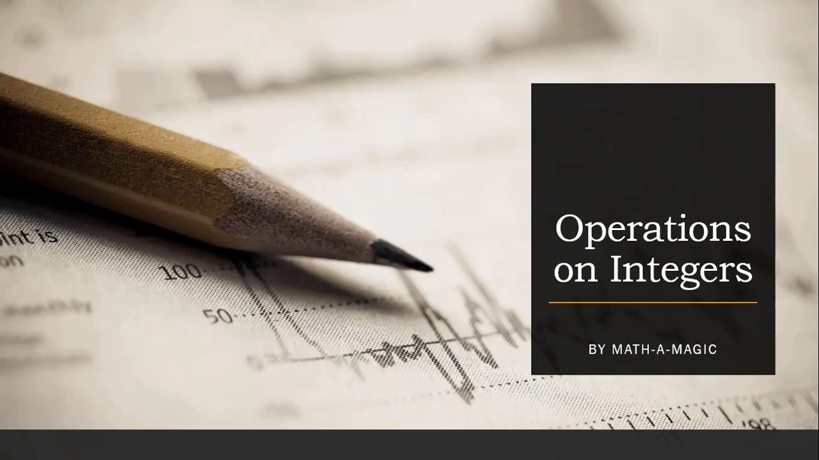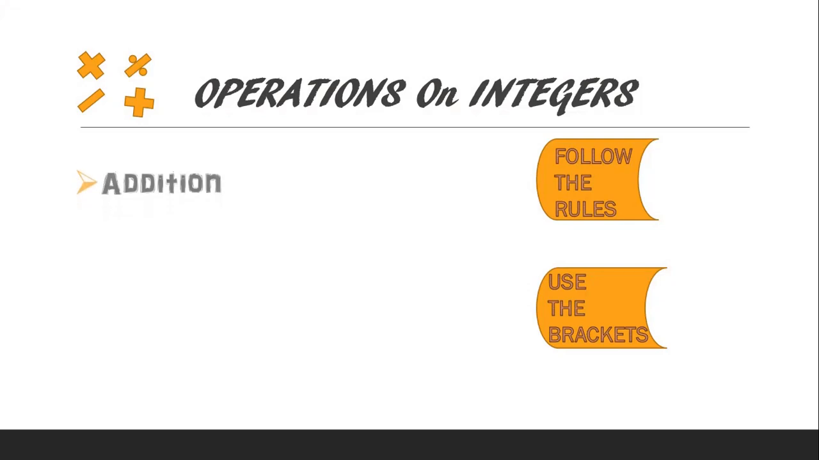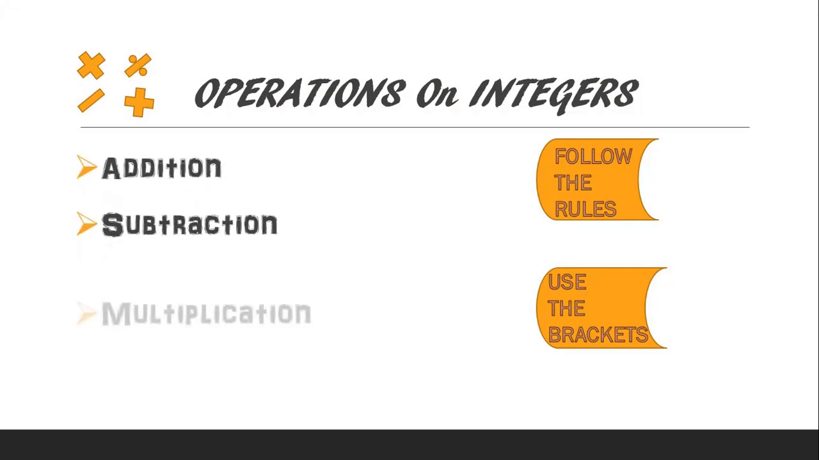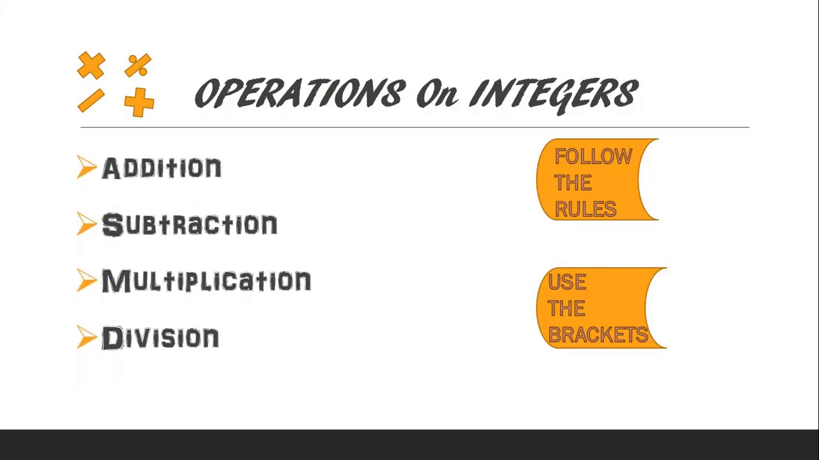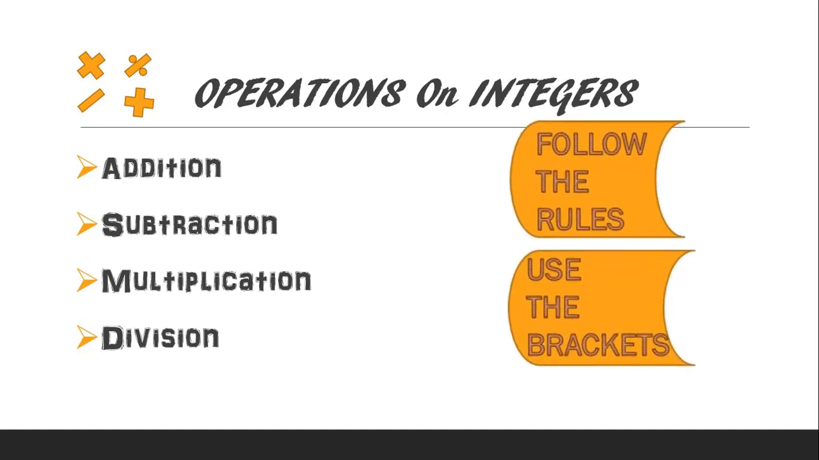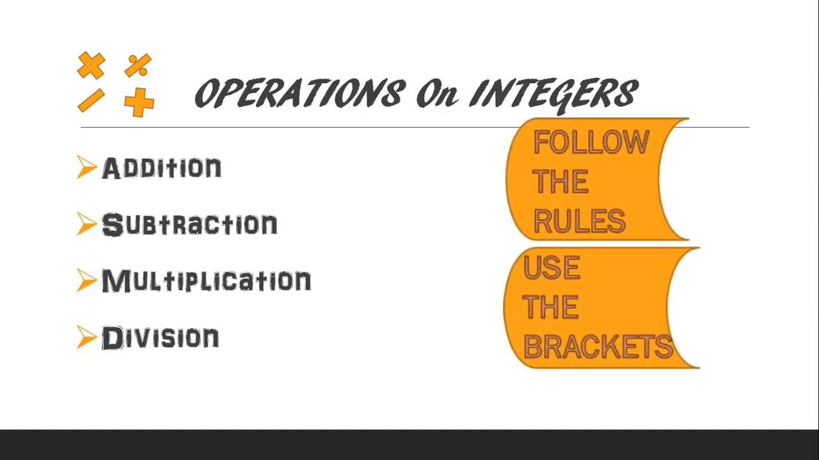Hello guys, let's learn the different types of operations on integers. The operations are addition, subtraction, multiplication and division. Before performing any operation on integers, two things you always have to remember. First is follow the rules to get the correct answer and use the brackets to avoid the confusion between the